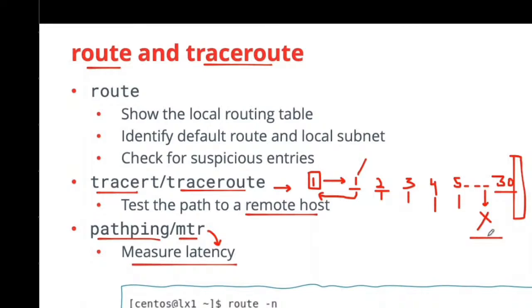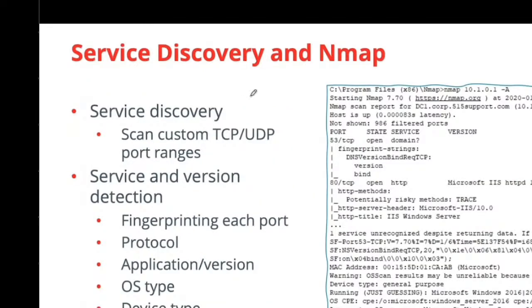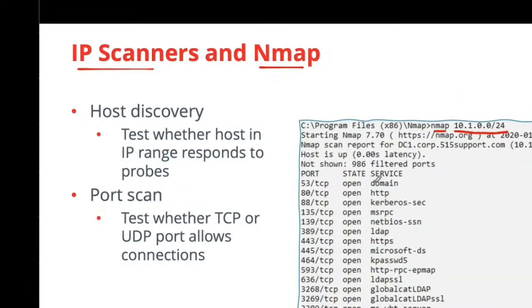Then you have service discovery in Nmap. Now using Nmap with switches, we perform service discovery. In this particular command, you have the service over here, right? Without any switch. There is no switch used with Nmap. The services are listed, like 53 domain service, 80,